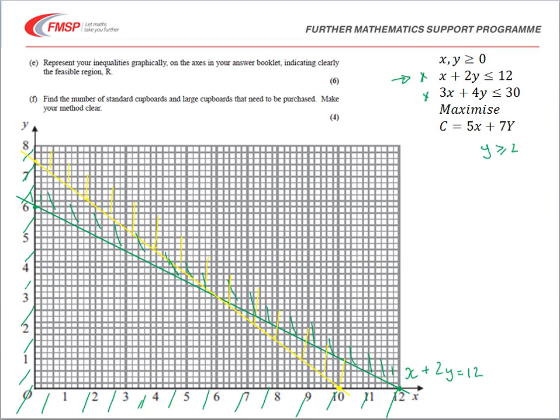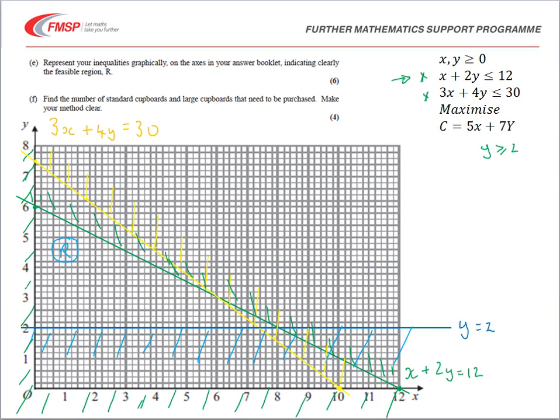And then finally the constraint that y is greater than or equal to 2. We're asked then to clearly indicate the feasible region. So the feasible region is this region inside the shading. For the final part of the question then, we're asked to find the number of standard cupboards and large cupboards